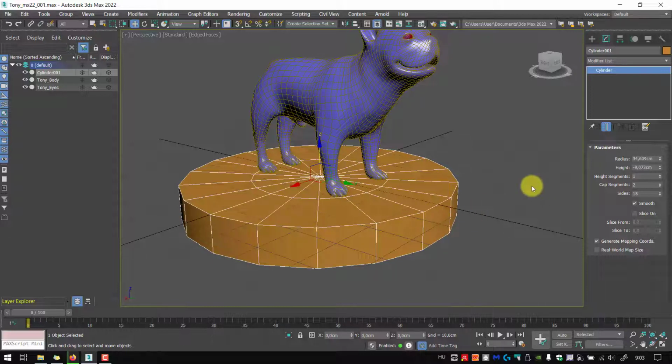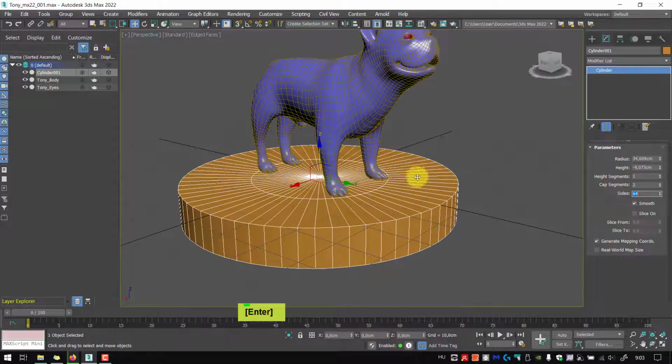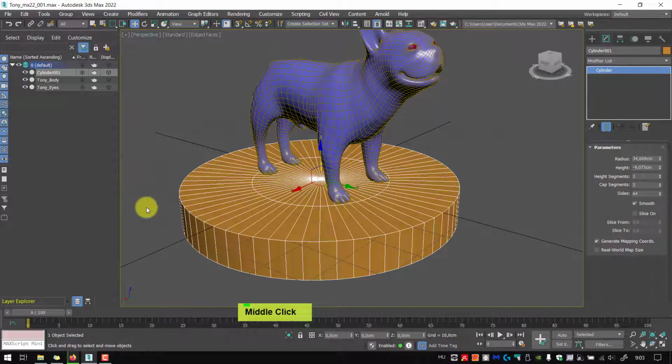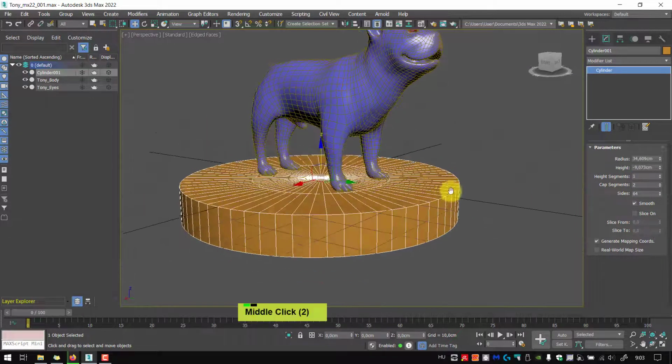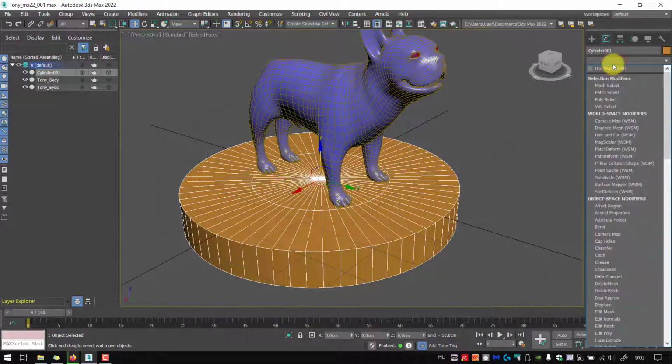And this is my next step. And of course the size is relatively low, so I'll set it to 32. It's even that, 64. Please remember, the bigger this cylinder is, the more sides you need to create. Alright, now we can add an Edit Poly,